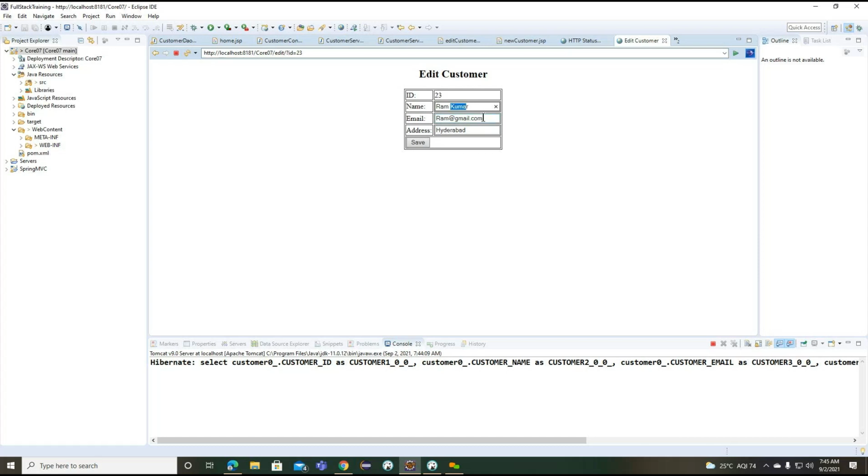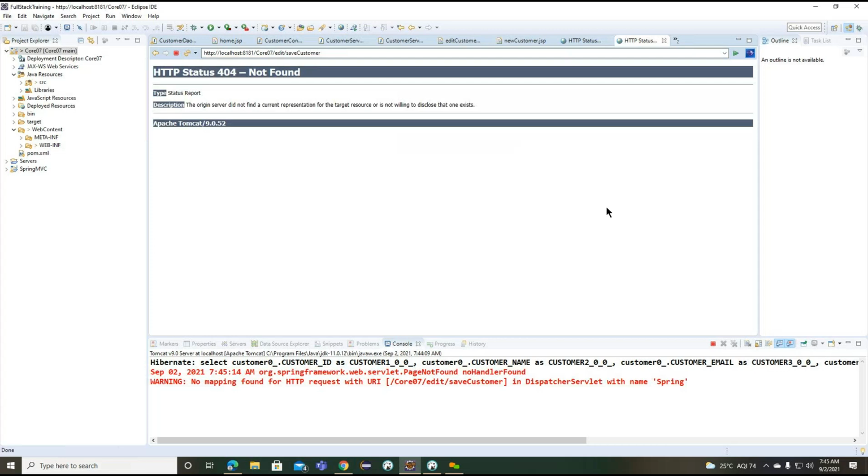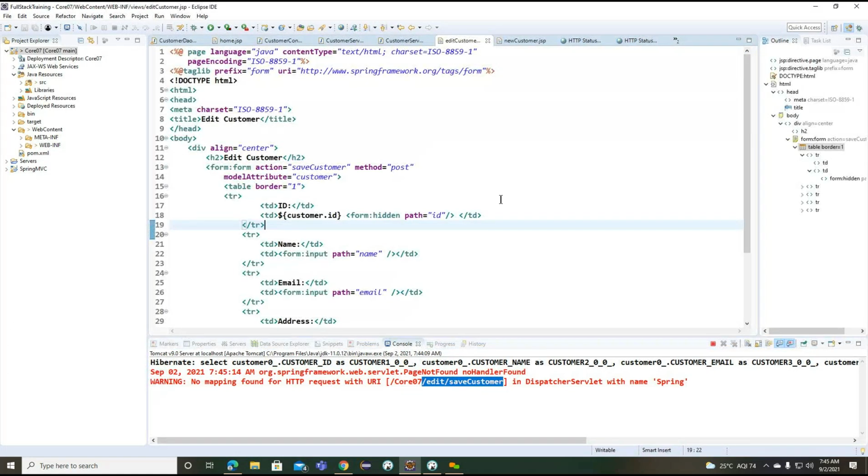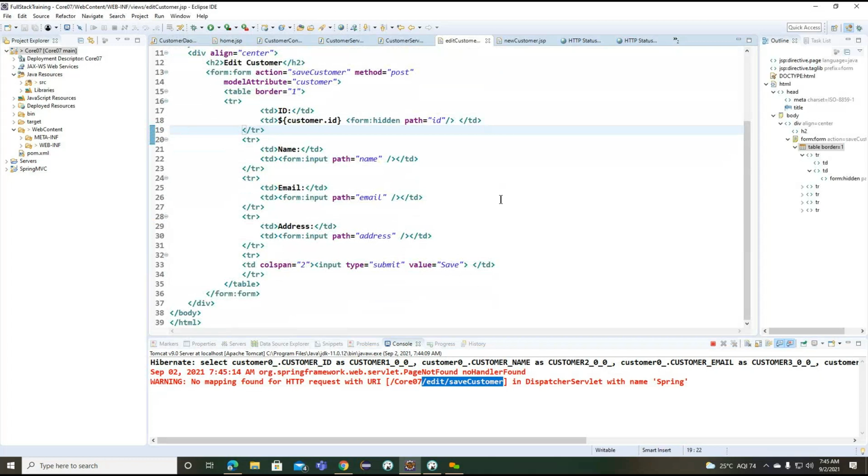Correct the point. And now what I want to write here, I want to update only the name here, RAM update. I want to save here. So now, okay. So this is a different API being called here. Edit save here. So it is appending with our edit as well.